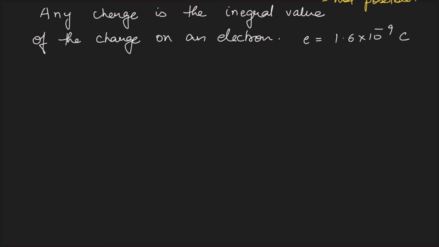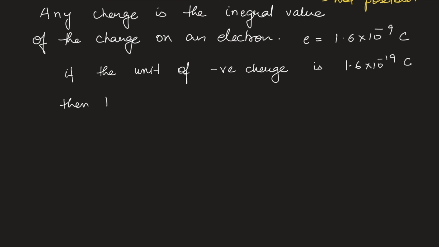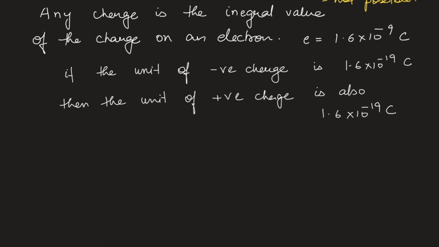And if the unit of negative charge, or blue charge as I was calling it before, is 1.6 into 10 to the power of minus 19 coulomb, then the unit of a positive charge, the red charge, is going to be the same, also 1.6 into 10 to the power of minus 19 coulomb,